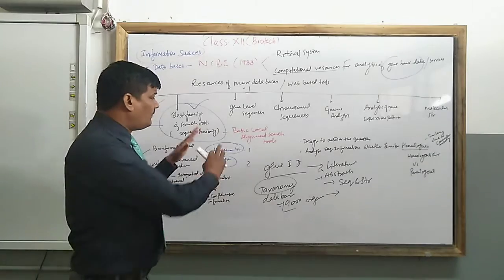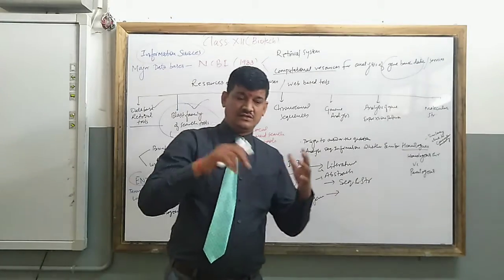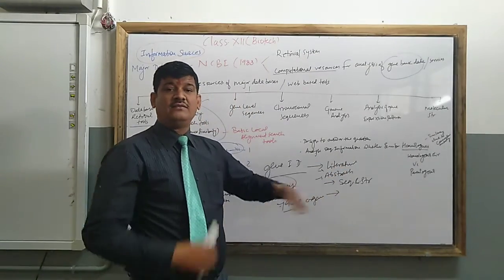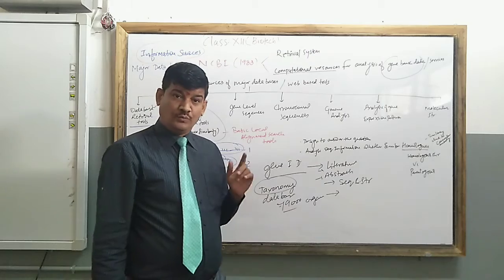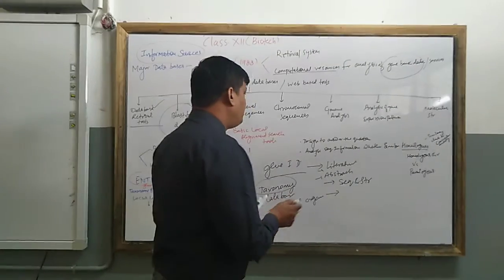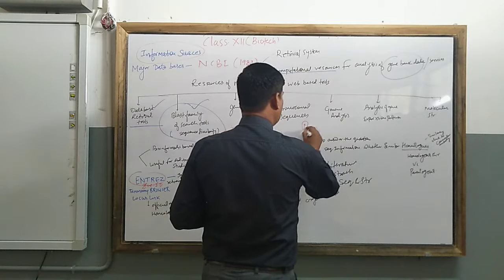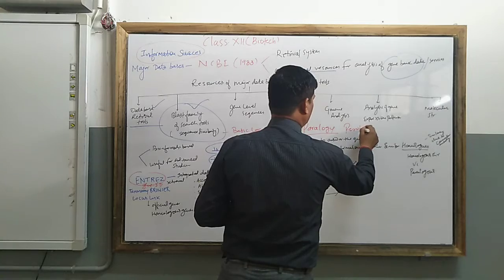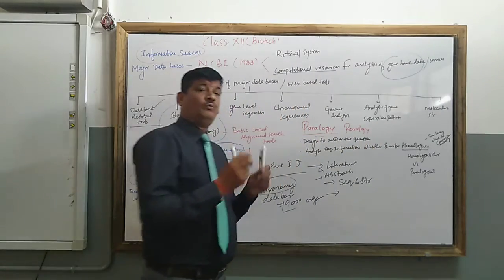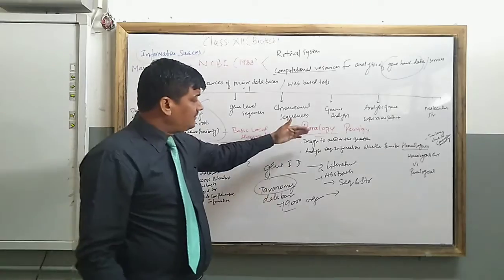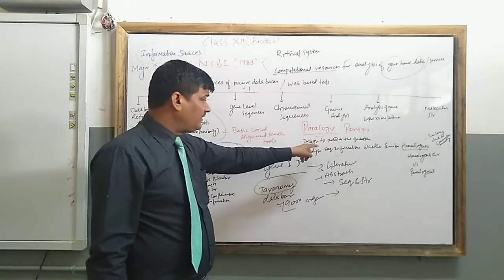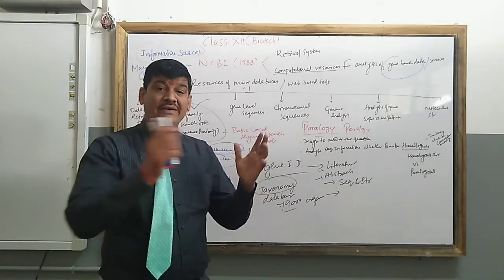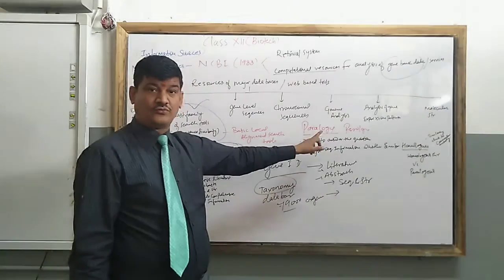Apart from that, while studying the genome of an organism, we find some duplicate copies of genes. The duplicate copies of genes are known as paralog, and the phenomenon is known as paralogy. So paralog is the duplicate copy of the gene. It is also the same gene, but we cannot say that paralog is homology, because homology defines the similarity due to common ancestry. Here it is not so.